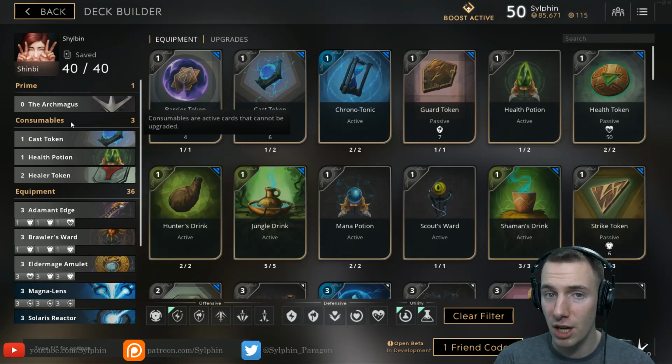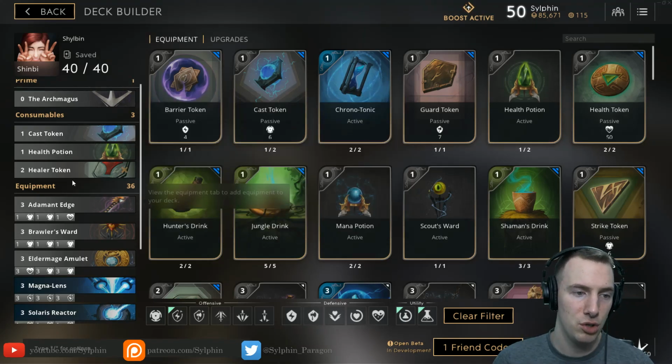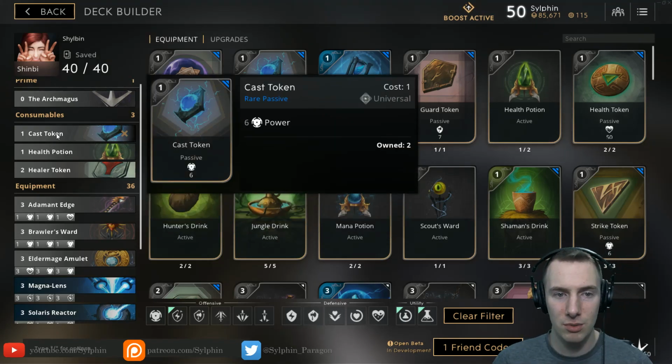I think she's actually pretty solid. I really do think she's actually pretty solid. So in the early game, started with that health potion and healer token. I did try once with a cast token and healer token. It didn't really work, because her abilities' scaling is